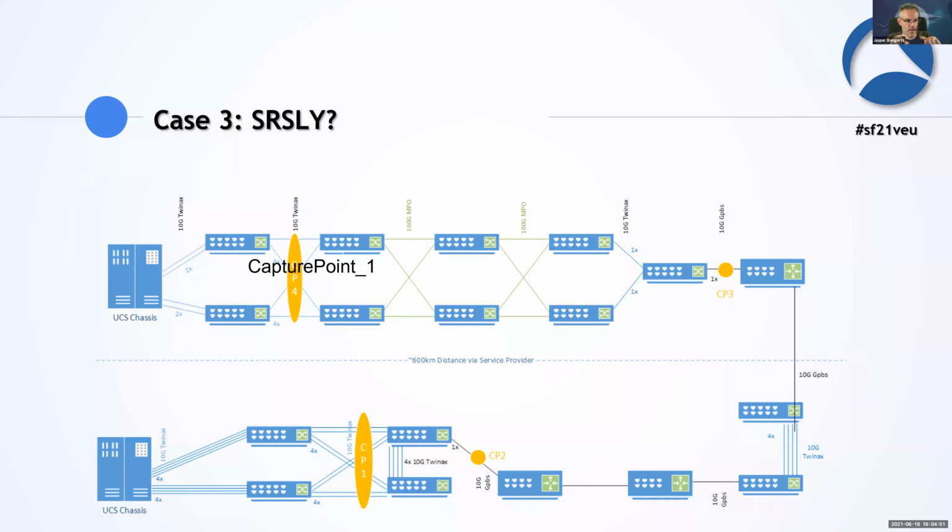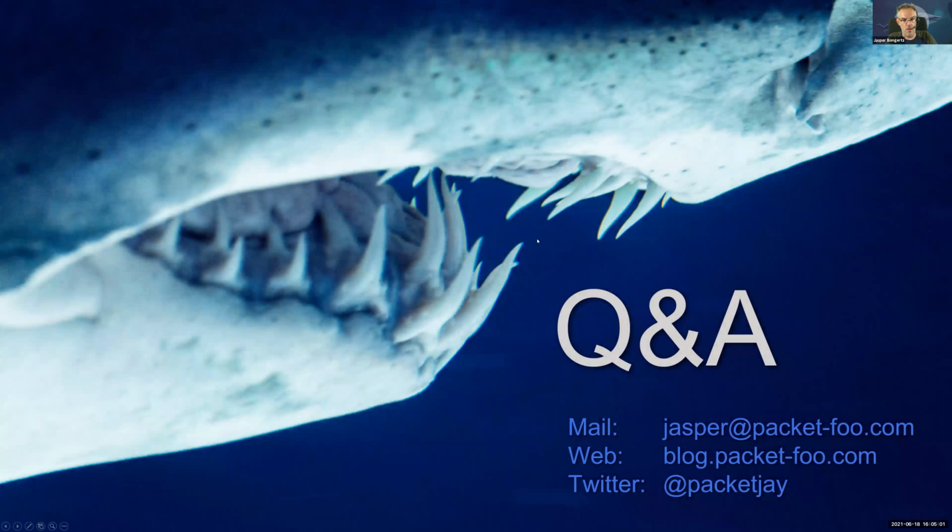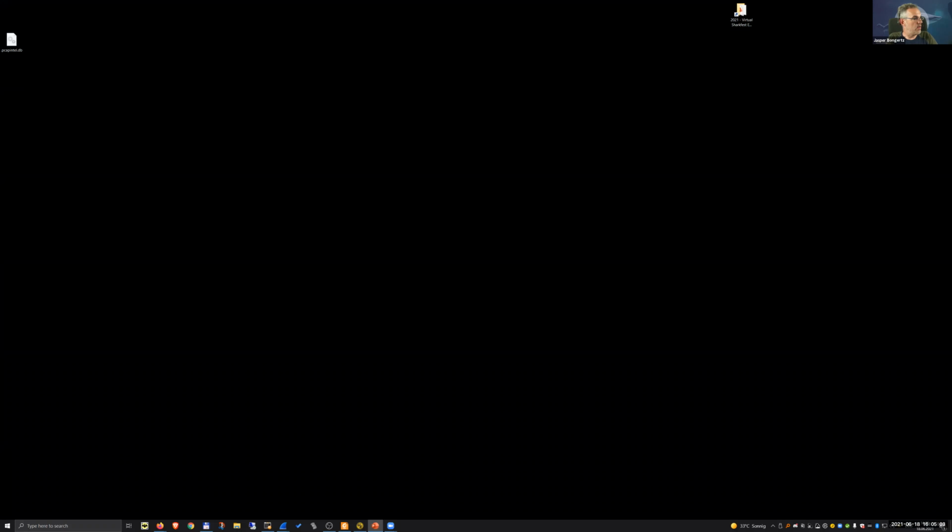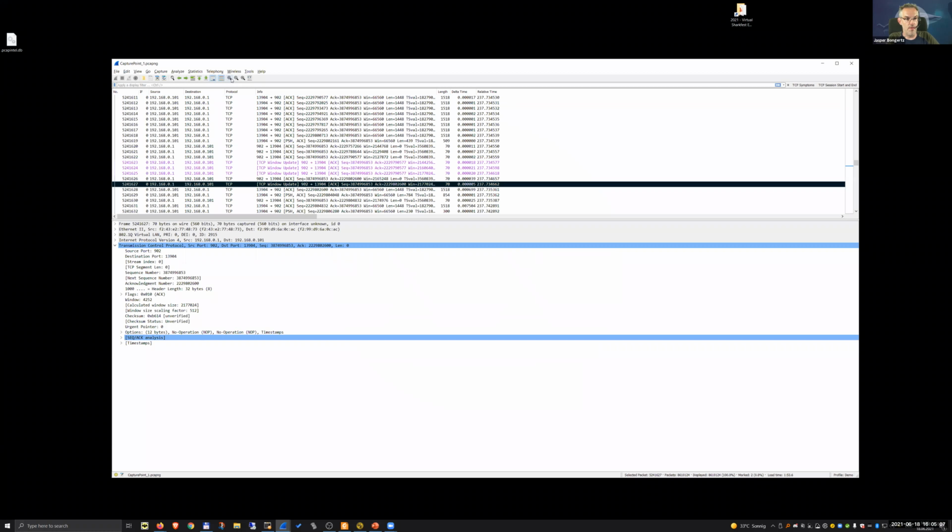So here I can load it in my Wireshark and show it to you without having to wait for half an hour or something. So what I want to do is remove that PowerPoint. I have preloaded the trace so that it gets a little bit faster.